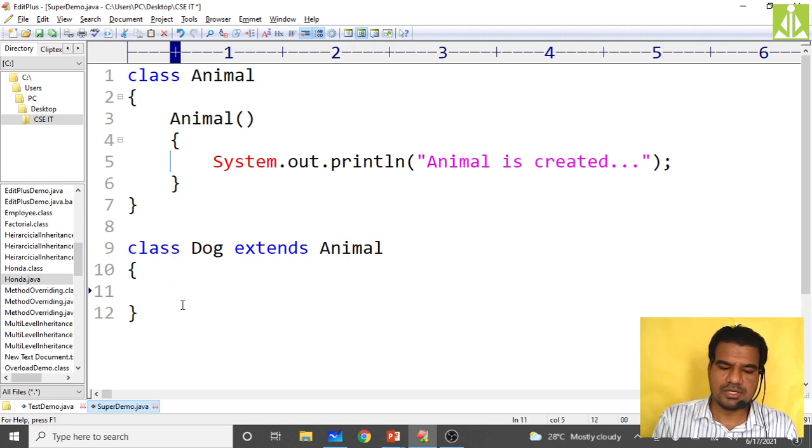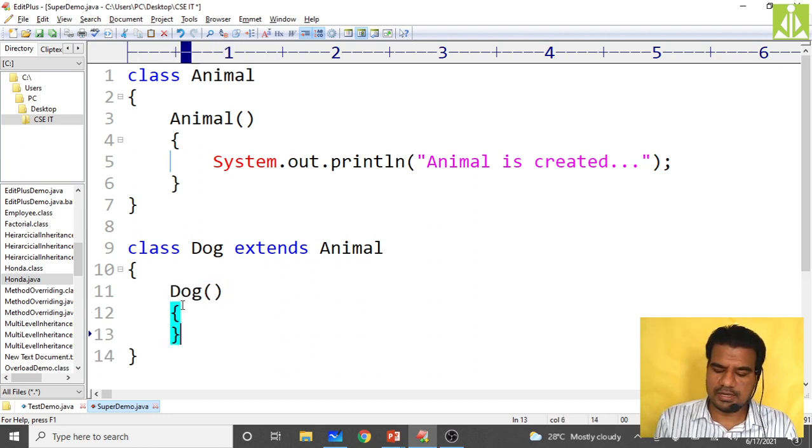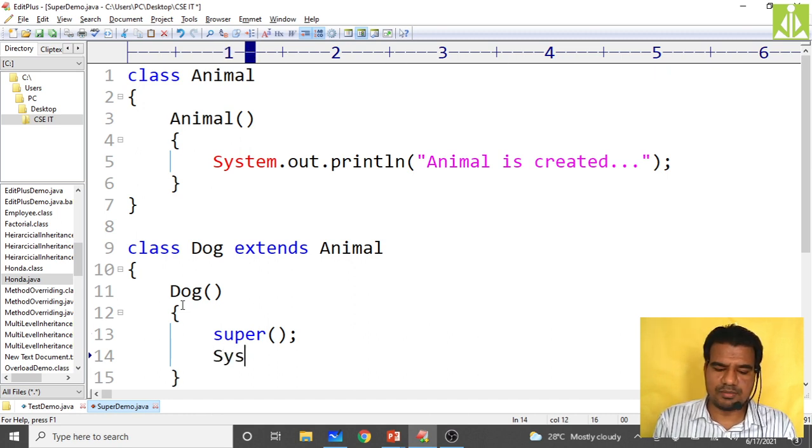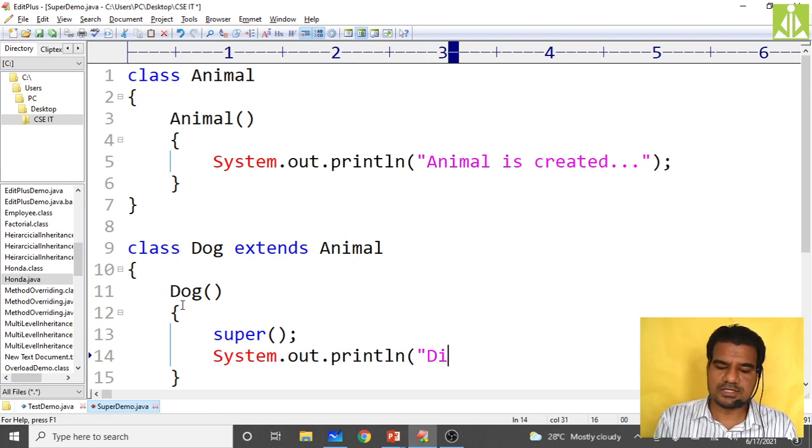In it you put the dog class constructor, and in this dog class constructor you put first super(), so that it calls the animal class constructor, and then put a message System.out.println("dog is created").